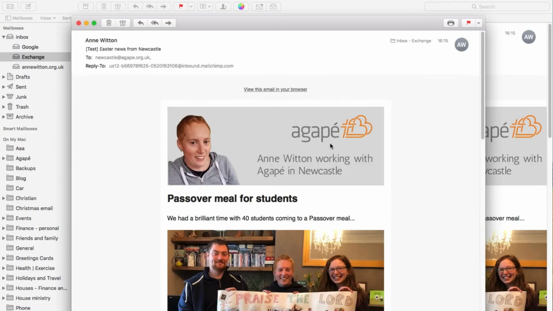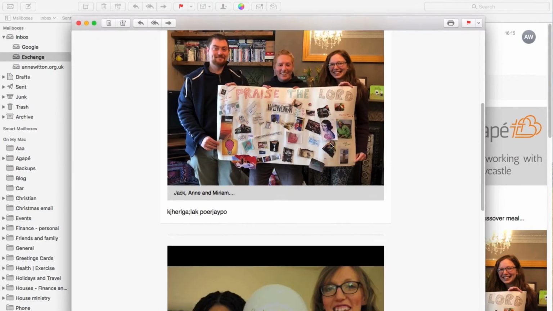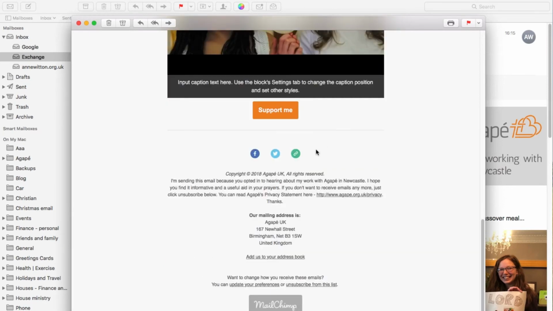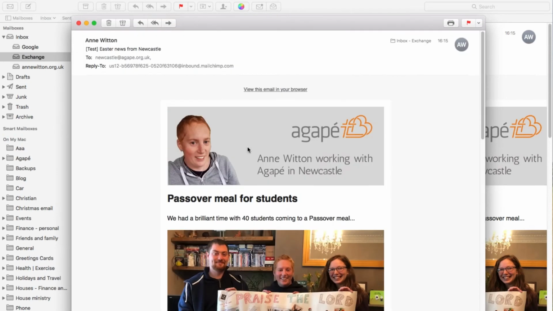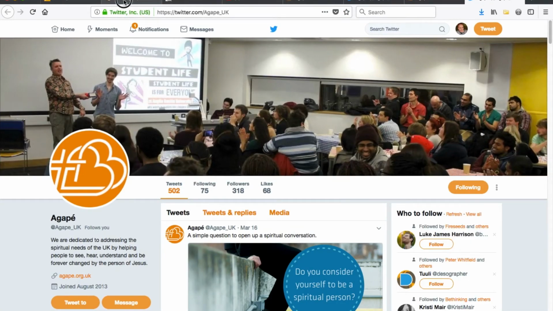So read the email, check that there's no mistakes in it, that kind of thing. And you can see the default text that we put in earlier about why people are receiving this email. That is auto-filled, and Agapé's mailing address and everything. So that's all good. When you're happy with your email, we'll go back to MailChimp,